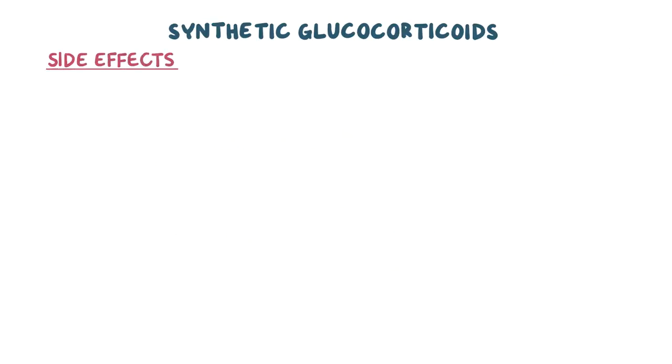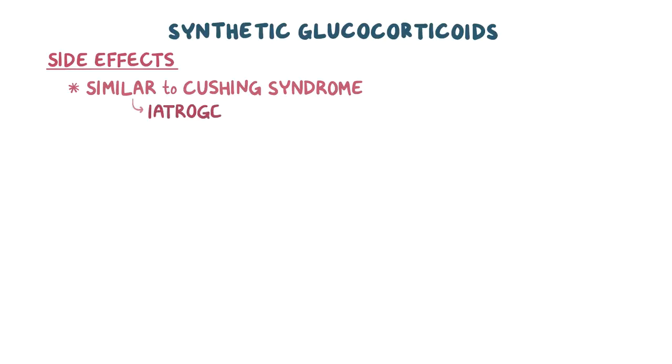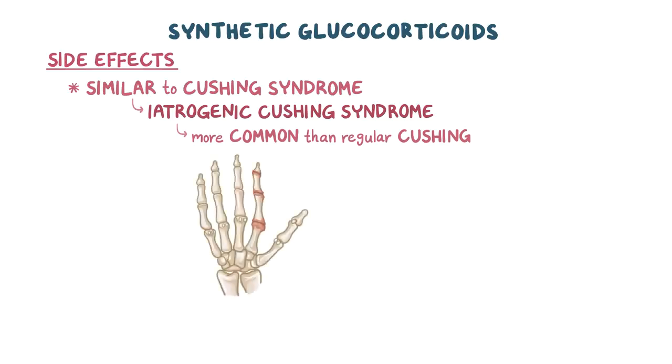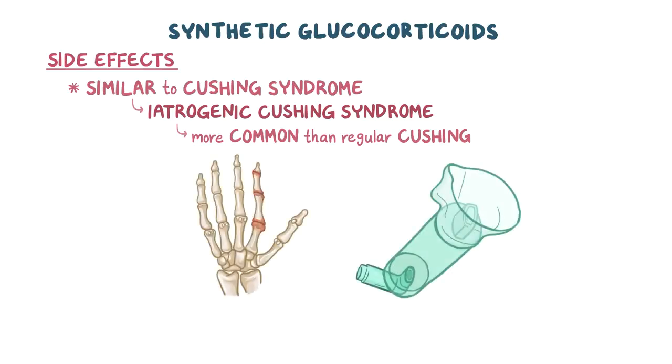Side effects of all the synthetic glucocorticoids are pretty similar to Cushing's syndrome, since they act just like the cortisol produced by the adrenal glands. When we get these symptoms from an outside source, it's called iatrogenic Cushing's syndrome. This is actually more common than regular Cushing's syndrome, since glucocorticoids are frequently used to treat fairly common disorders like rheumatoid arthritis and asthma. Now, we've made a mnemonic to help you retain some of the hard-to-remember facts related to